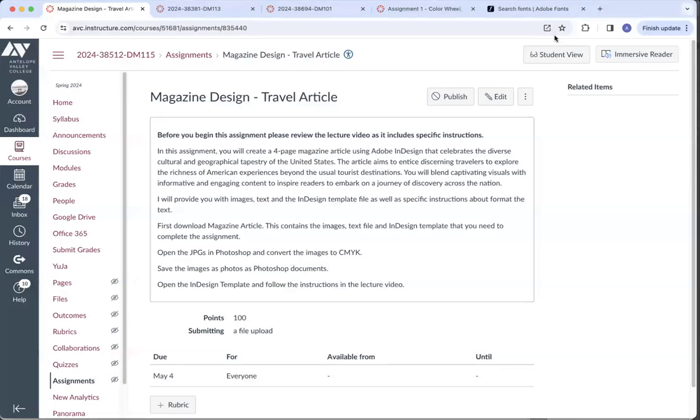Hello, everyone. This is the lecture video for your final assignment, which is the magazine design travel article. You're going to be completing a 4-page magazine article in InDesign. I am providing you with all of the images, the text, and specific instructions that you need to follow to